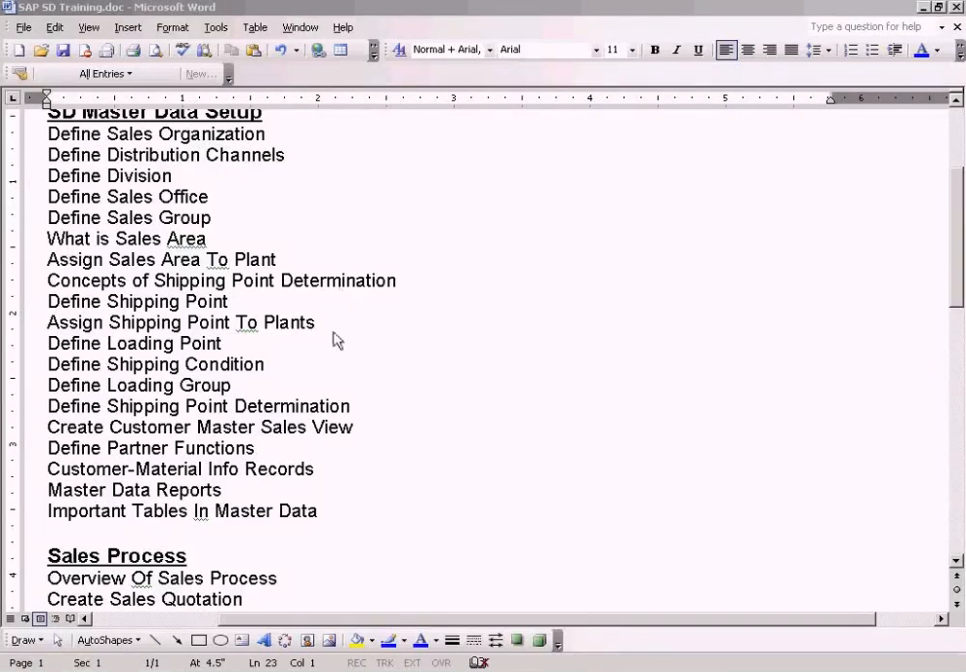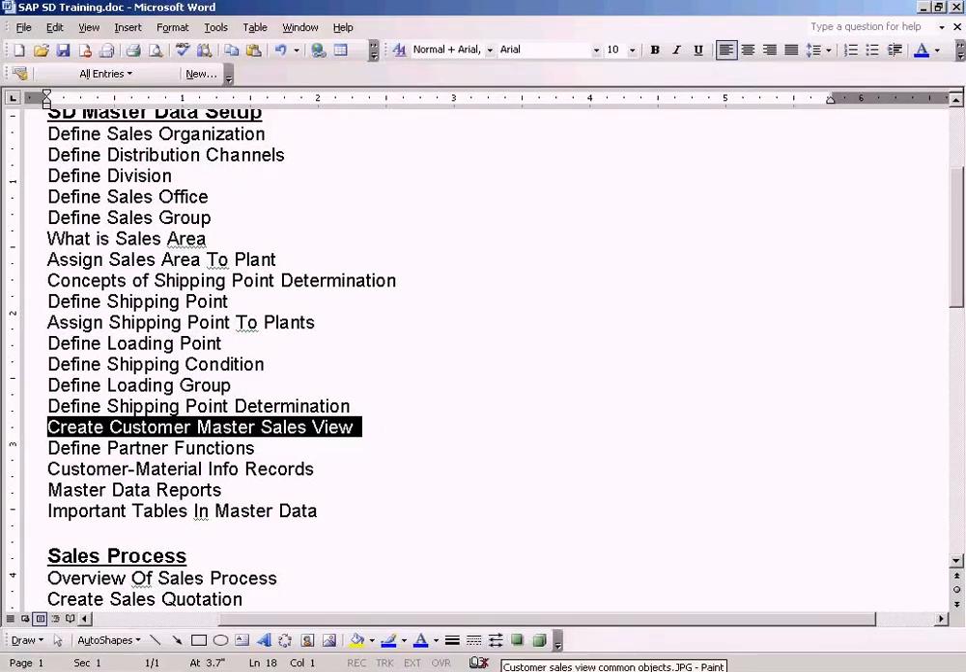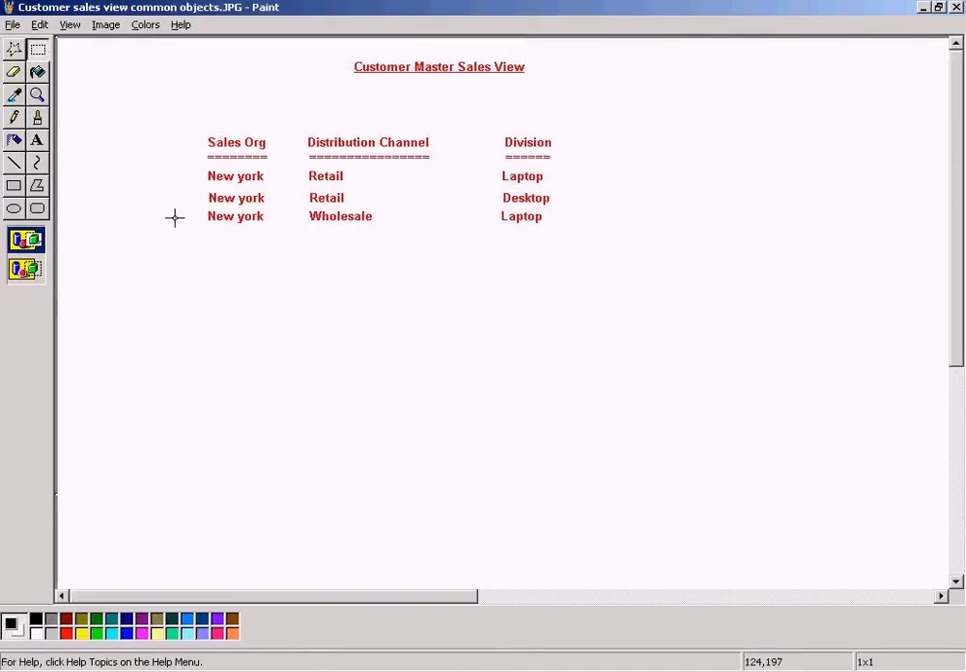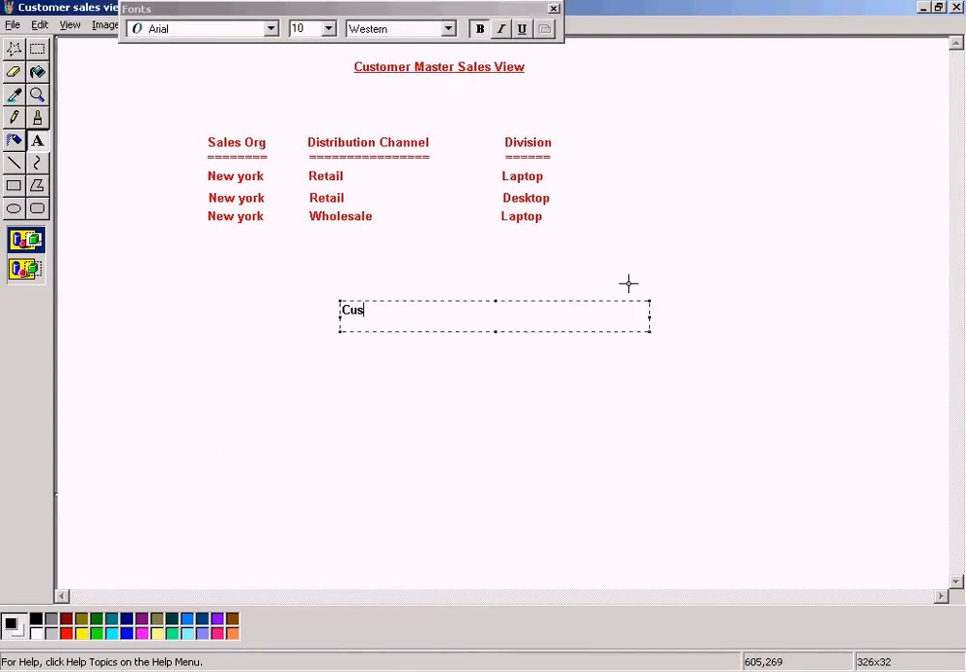Okay, now let us see how we can create customer master sales view. This means that for customer master, in our FICO training classes, I've already explained that customer master will have three different views. Customer master has got three different views,